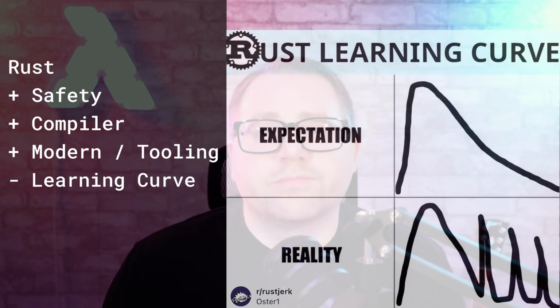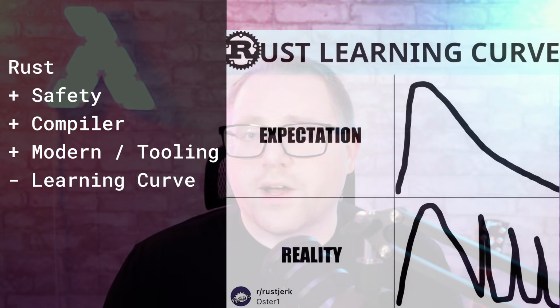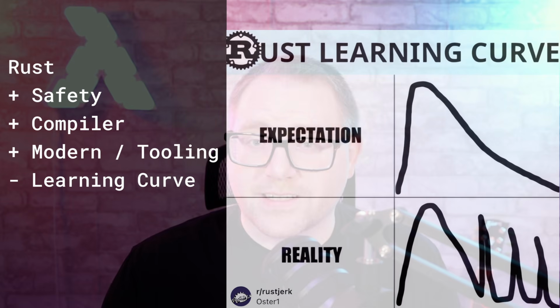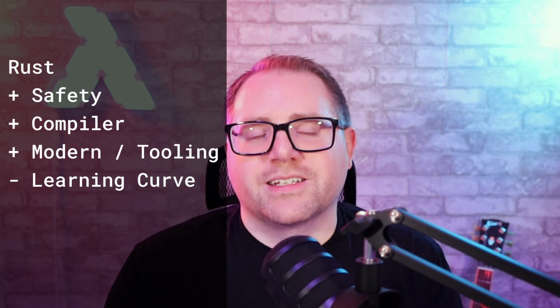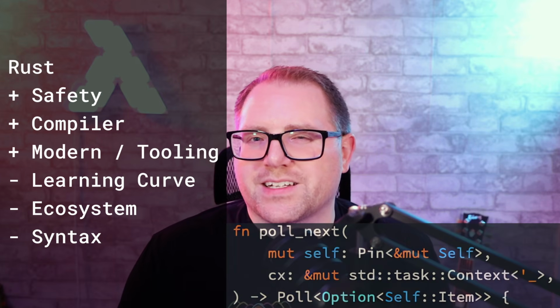But on the downside, it does have a pretty steep learning curve. Coming from the web world, there were a few concepts and paradigms that took me a little bit to get the hang of. Also, that powerful compiler I mentioned can be pretty strict and pedantic. The ecosystem also isn't as mature and broad as, say, C++, and while this is subjective, the syntax can be not as pretty as other languages. Ultimately, there isn't a wrong choice, it's just about what's the right choice for you. And for me, I felt that was Rust.